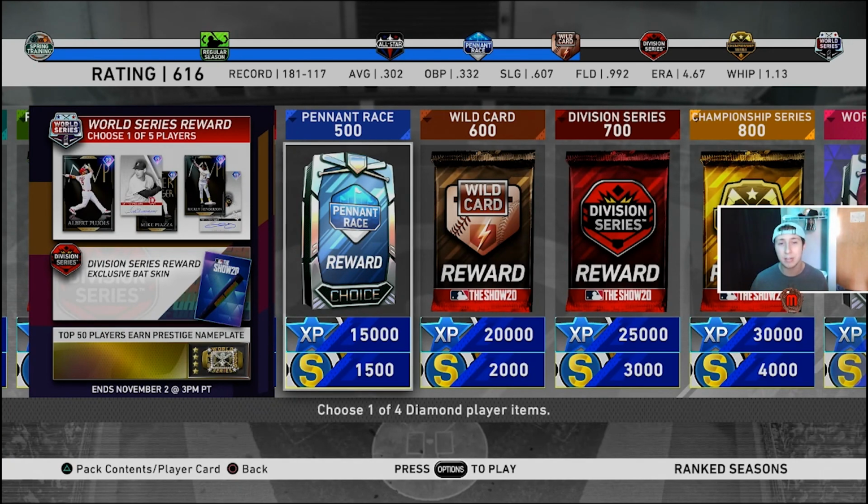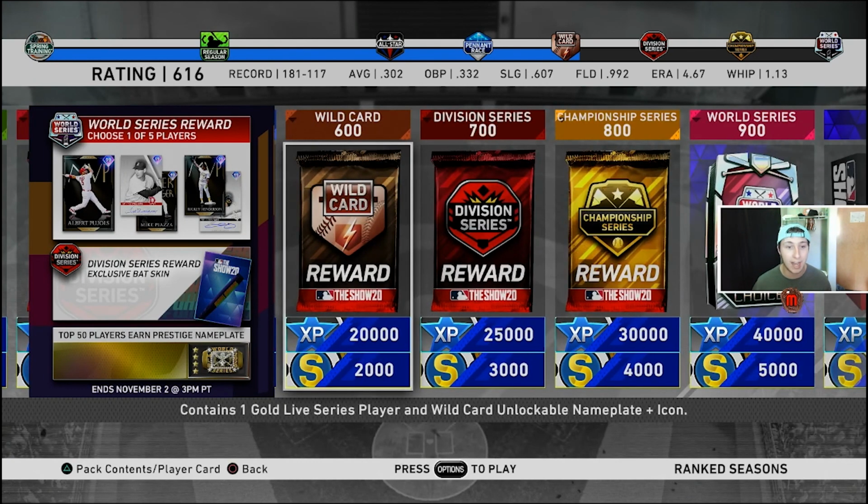And if you guys are having trouble in ranked and trouble like that, I'm thinking about dropping a tips and tricks video. As you can see, my record is 181 and 117. I usually make World Series about every single season. I didn't make it last season, but my excuse is that I didn't really play that much, although I probably should have made it anyways. I just lost a couple games, but I am a World Series player. I've made it a couple times. I've been in the top 500, things like this. And so basically,